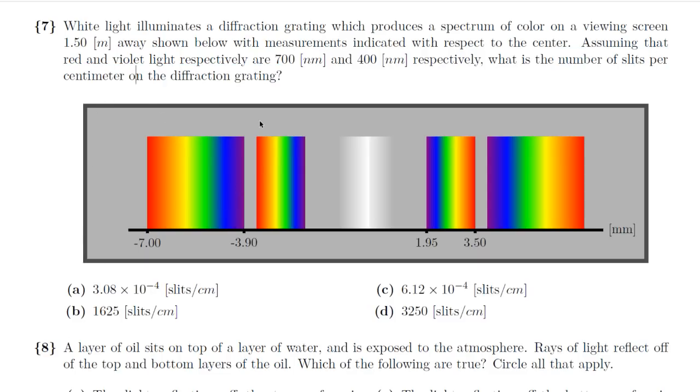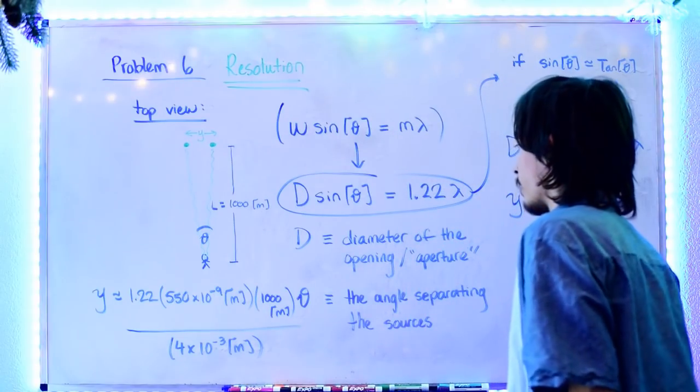For this problem here, the diffraction grating is treated very similarly to a double slit problem. So you use the double slit equation to solve this. However, there is the additional bit of information that you need to learn how to use, which is the number of slits on the grating per centimeter. So essentially, that piece of information is most related to the distance between the slits for the two slit problem. So how this is done is